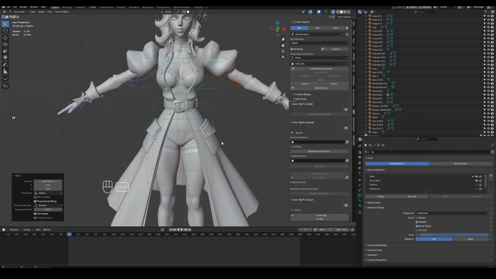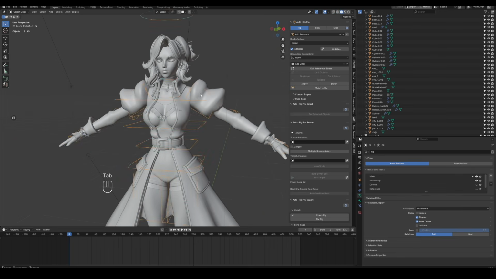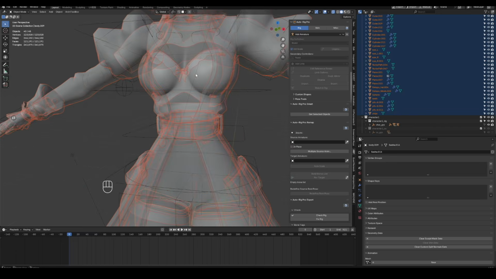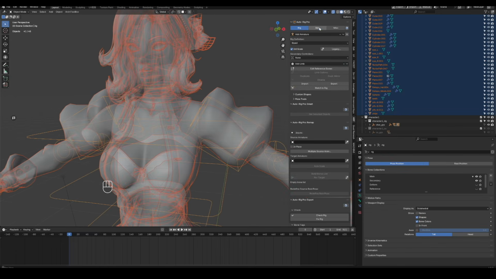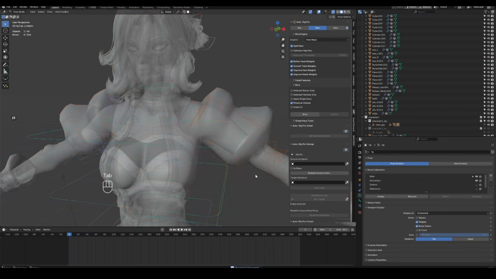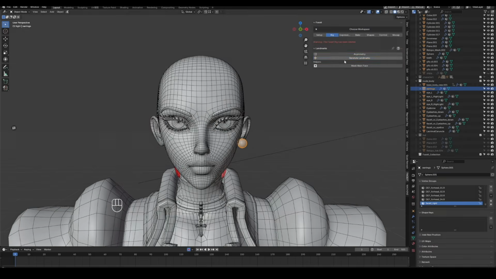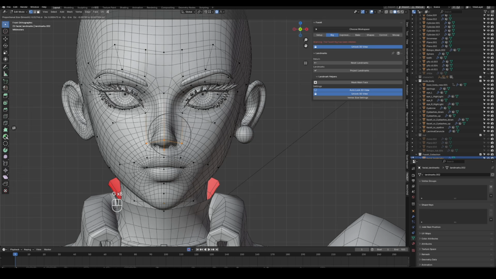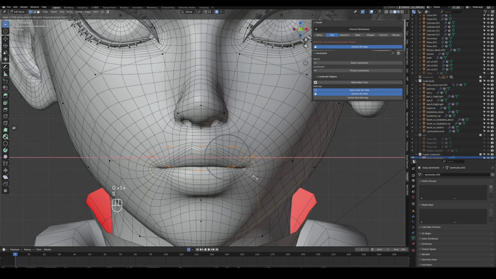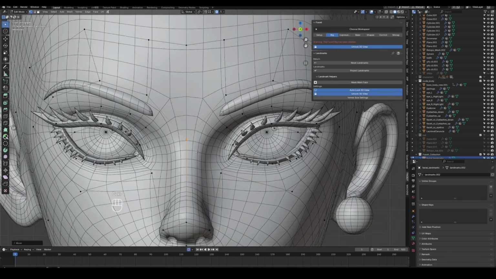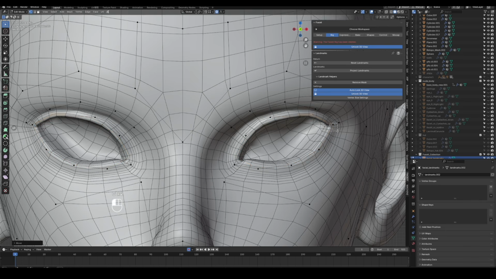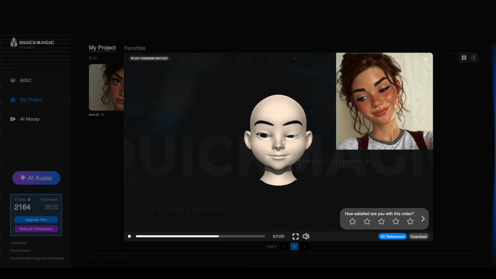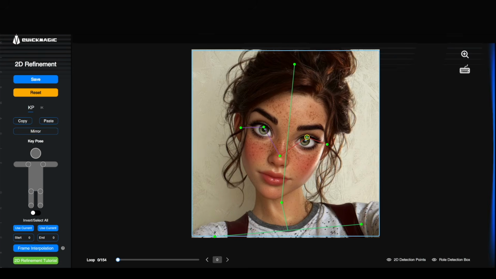For animation you'll mainly adjust these controllers, then exit Pose Mode, select the mesh first, then select the controllers. In the skin panel click Bind, and the body is rigged. Next is the facial setup. I use Facet for the face for two reasons. First, the facial result is genuinely better than AutoRig Pro in many cases. Second, if you plan to use facial animation from QuickMagic AI later, Facet-rigged characters are usually a better fit.